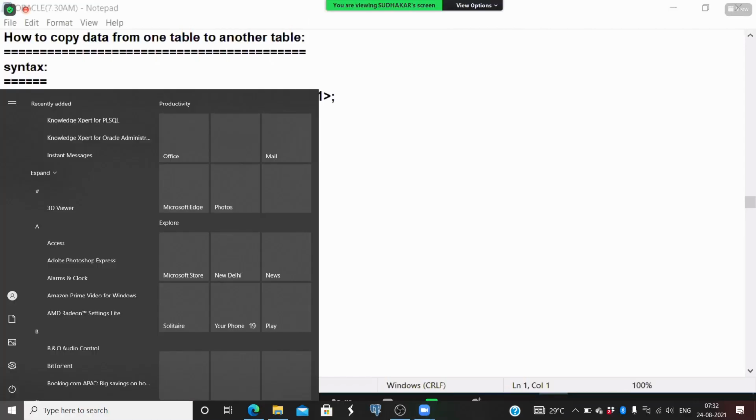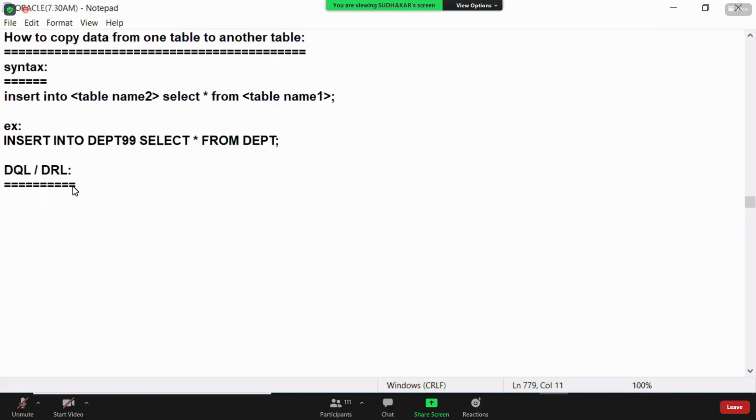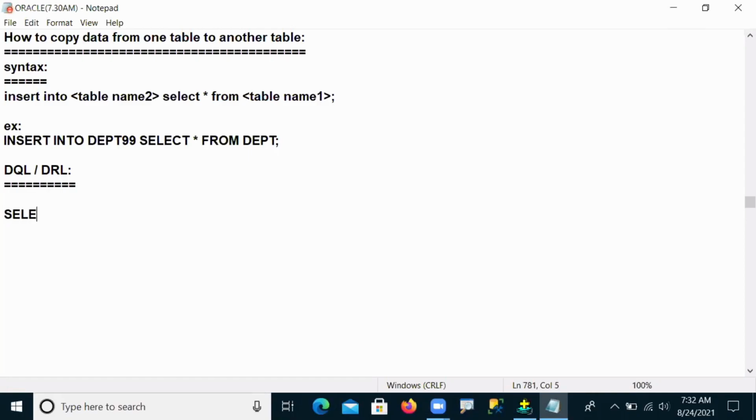So come to DRL or DQL. In this data query language, or data retrieval language, there is only one command, which is the select operation, basically the SELECT command. Why do we want it? Whenever you want to retrieve